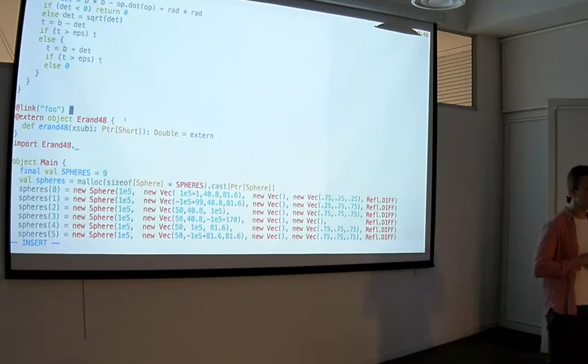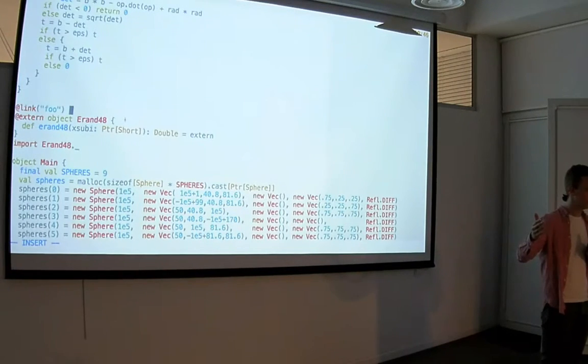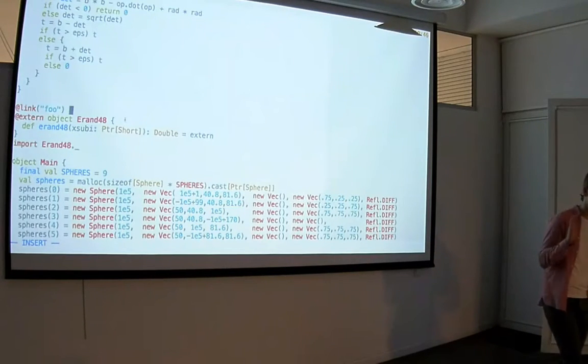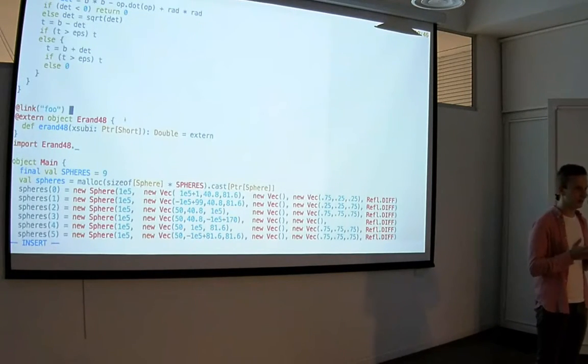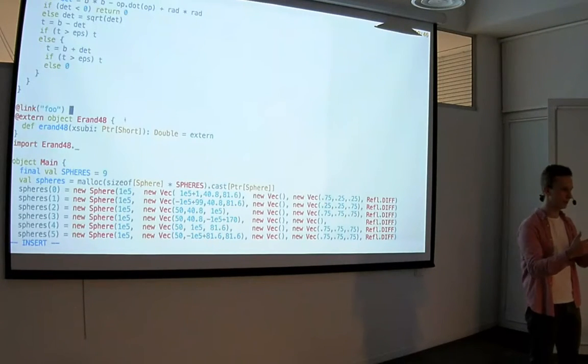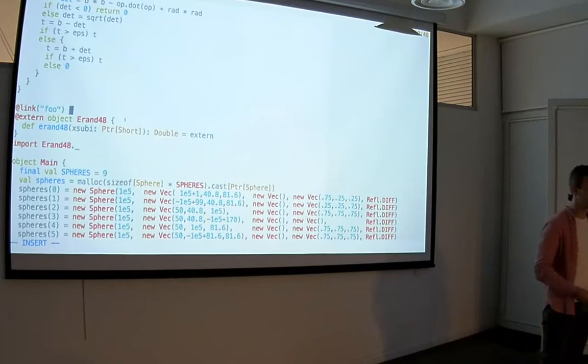But the main purpose of pointers is to first have a nice interop story, so that you can just write signatures in externs as they are in C code. So if you have a pointer to int, you will just write it as pointer to int. You don't need to invent stuff like with JNI. And it's very easy because basically you get the same pointer, and it behaves on the Scala side in the same way as it does on the C side. So you don't need any glue code like with JNI.